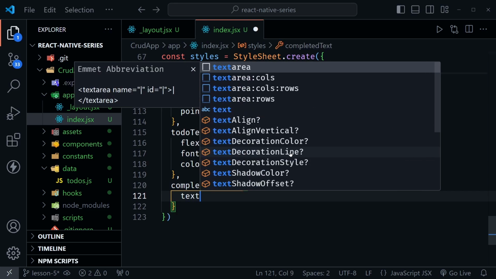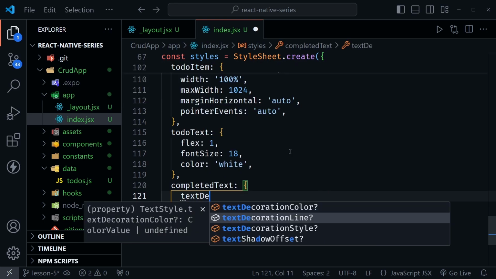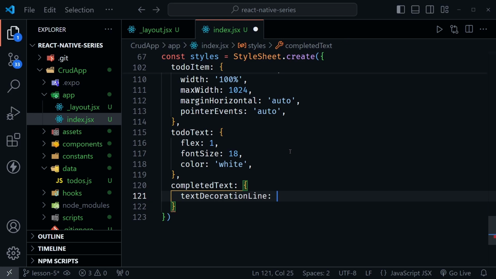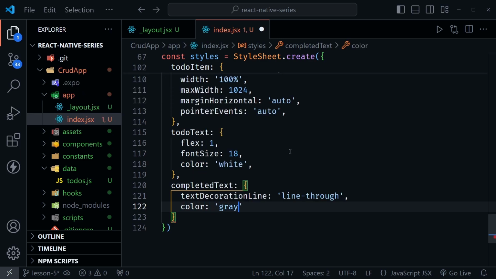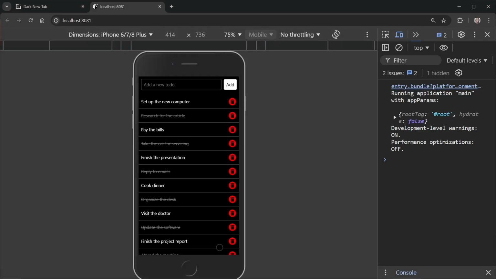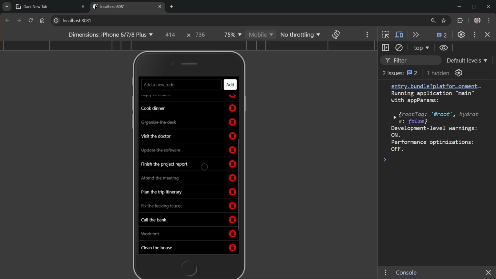And here we'll say text decoration line. Here's where we want the line through, and that means that to-do is completed. And it can be toggled, of course, and then we'll just set the color to gray if it's completed as well. Okay, let's go back and take a look at the to-dos now, and yes, we can read all of